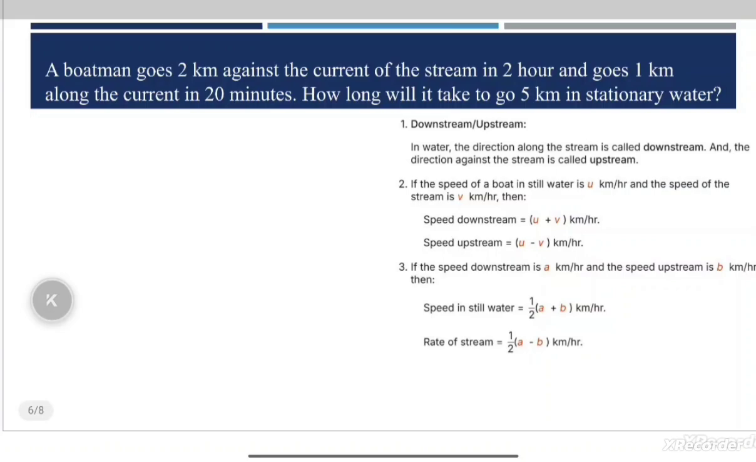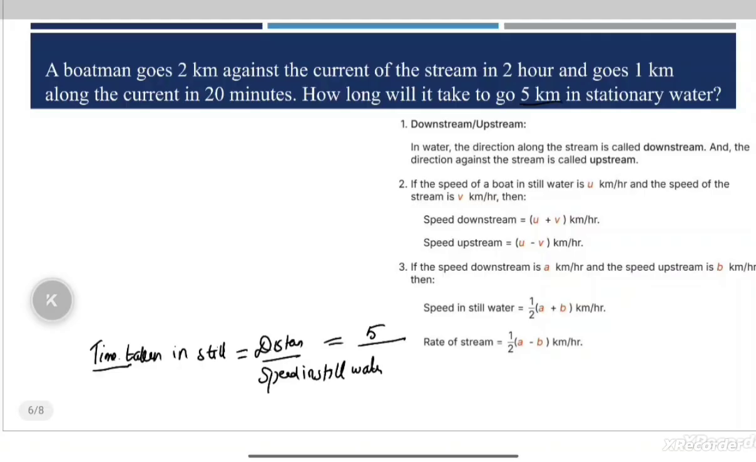So what you are finding is how long will it take him to go in still water. So what you have to find is the time taken. So the time taken in still water. Whenever you have time, it is nothing but distance by speed. So distance, it's already mentioned, 5 kilometers. So 5, you can take it as the numerator. In the denominator, you have to find the speed in still water. So speed in still water is nothing but